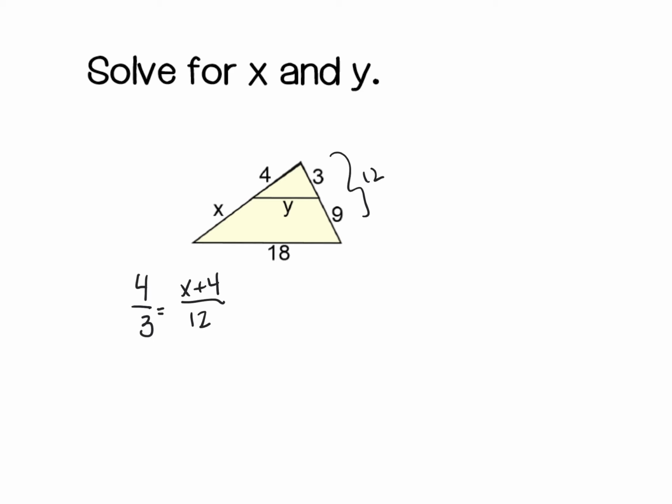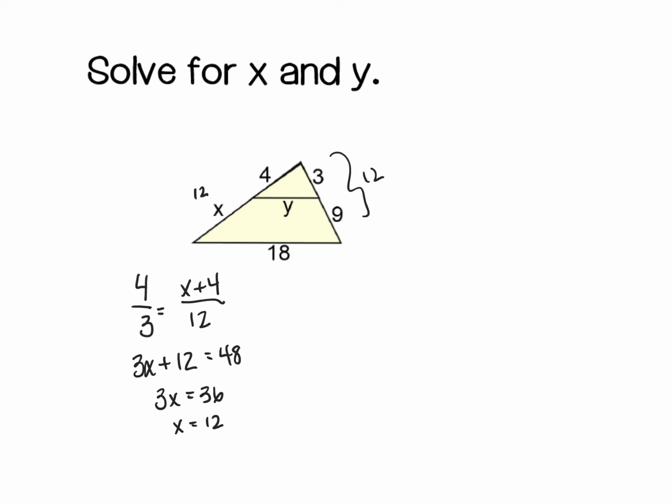All right, so when I cross multiply, I end up with 3x plus 12 equals 48. Subtract 12 from both sides, and I have 36. Divide by 3, and I get x equals 12. I'm going to write that in here just because. All right, so now